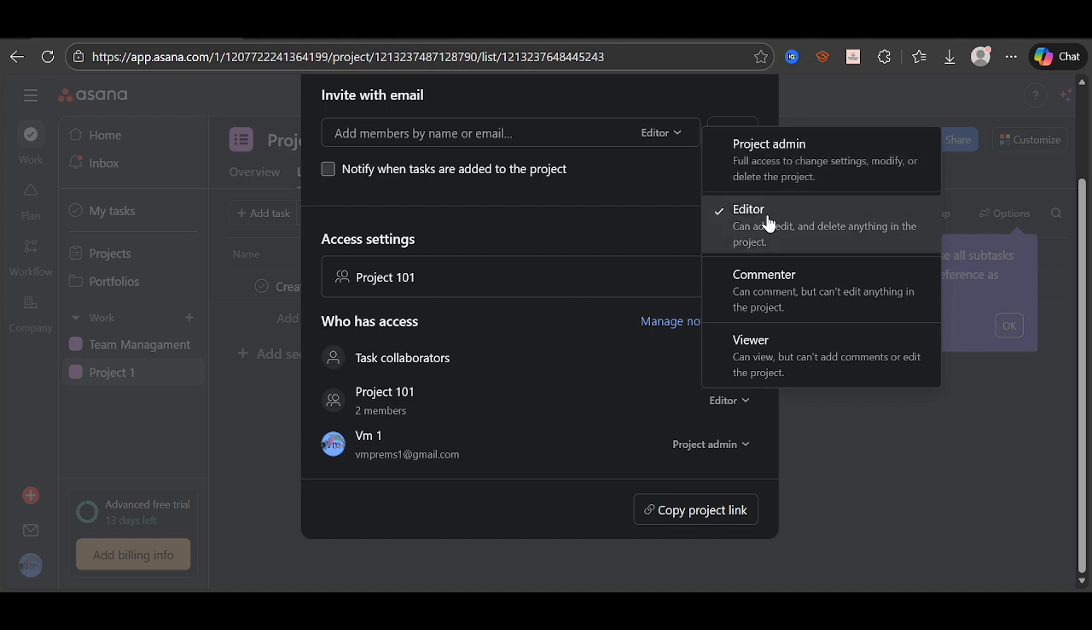Editor is for core contributors. Editors can create, edit, and delete tasks, but they can't change project-wide settings. This keeps the project configuration stable while allowing people to move work forward, updating task details, marking progress, and adjusting